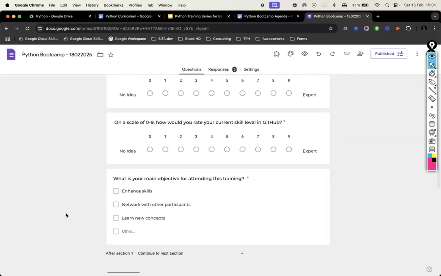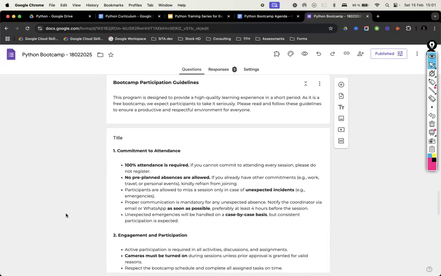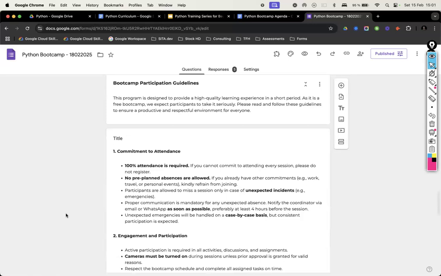But what is important, as it is free, the guidelines are very important. So if you are considering joining, which I recommend highly, because you won't get such a platform to learn with a trainer-led program. You will definitely be good at Python after 5 weeks for sure. There is no doubt about it.